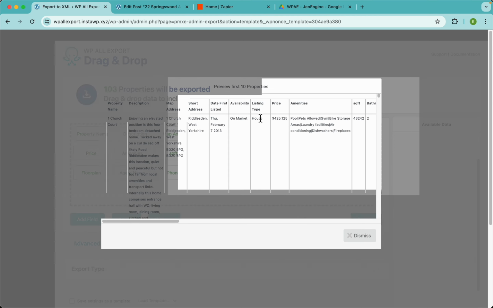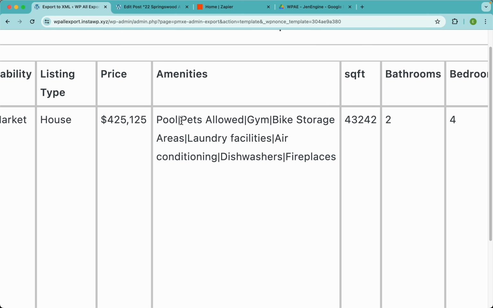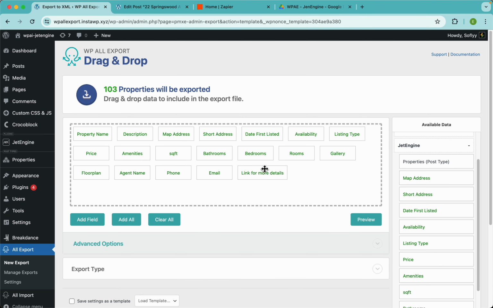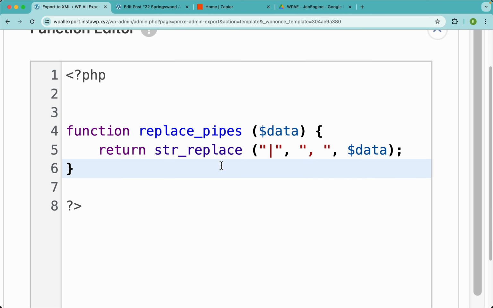That easy. Now here guys, for these amenities, maybe this pipe element, well, it's separating the elements nicely. Maybe I want something that's more friendly, more readable again. So I'm gonna change those pipes with commas. And to do that, I'm gonna use a quick PHP function, which I have ready here. So I'm just gonna paste that in. And this function is gonna use str_replace to look for our pipes and change those with commas and a space,